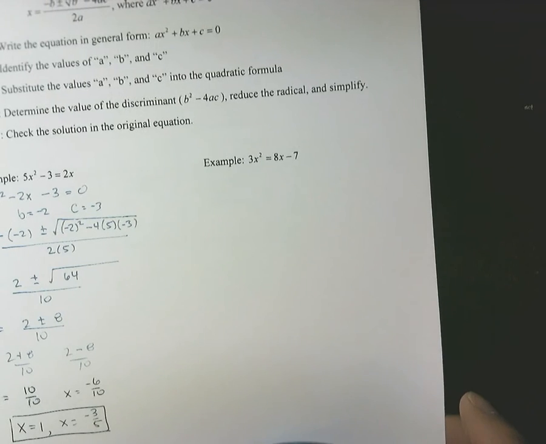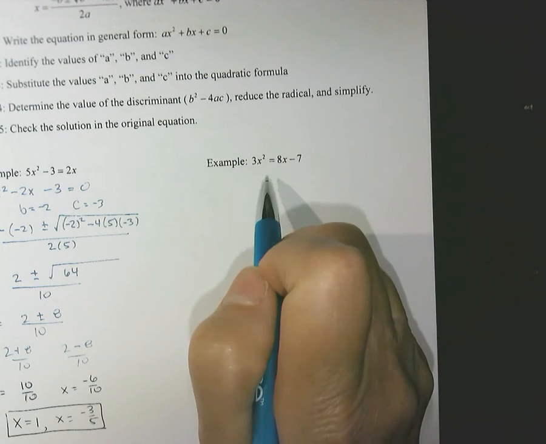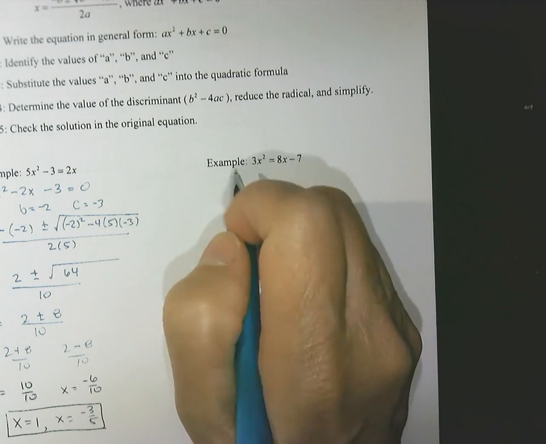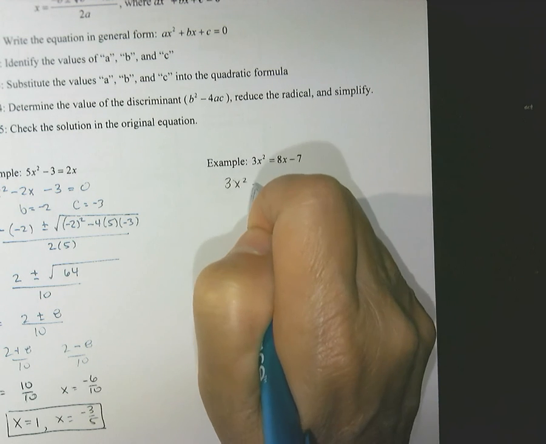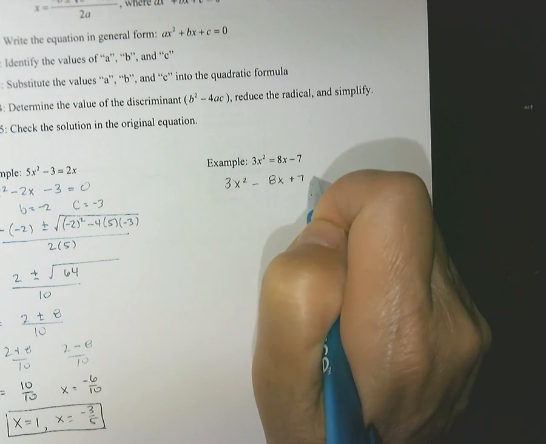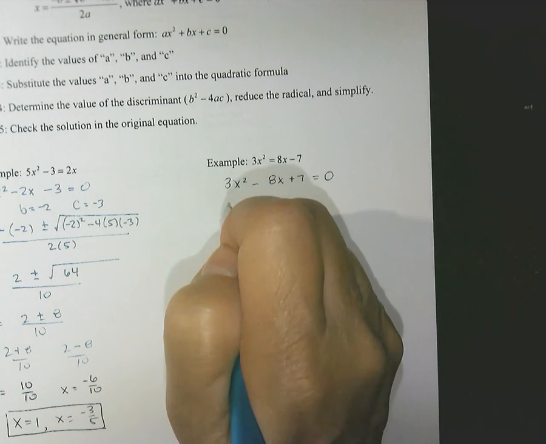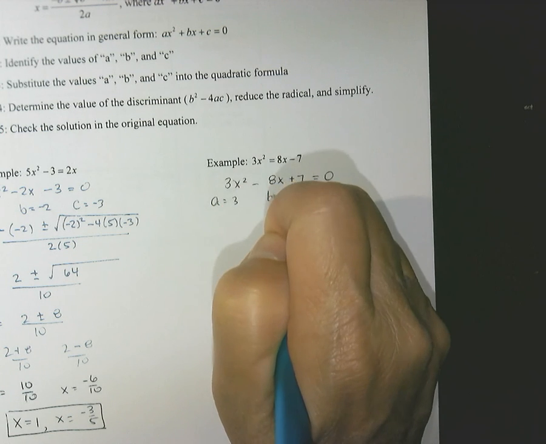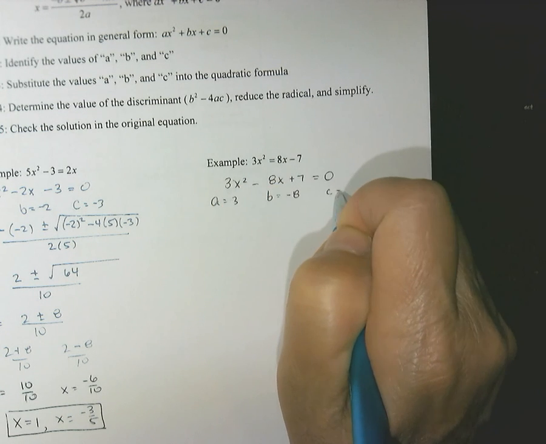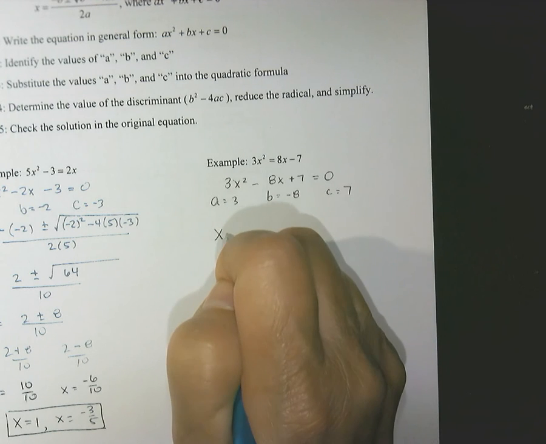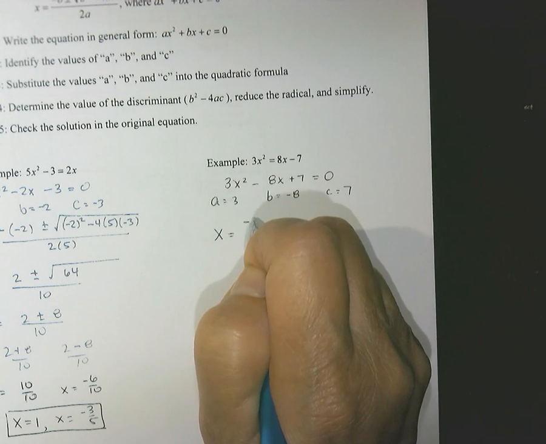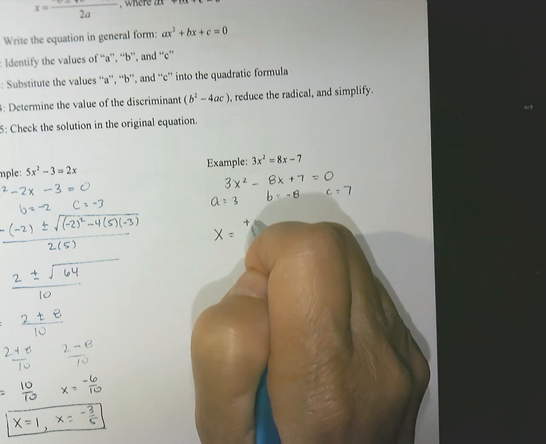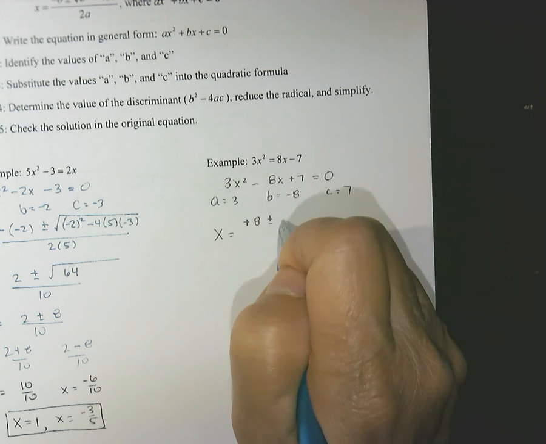My next equation, this is my last one, I'm going to rewrite it in the form 3x squared minus 8x plus 7 equals 0. So my a is going to equal 3, b is equal to -8, and c equals 7. When I plug everything into the formula, negative b, so negative -8 is going to be a positive 8, plus or minus